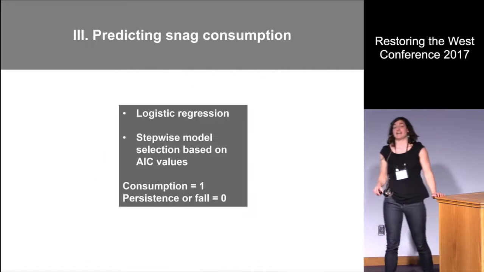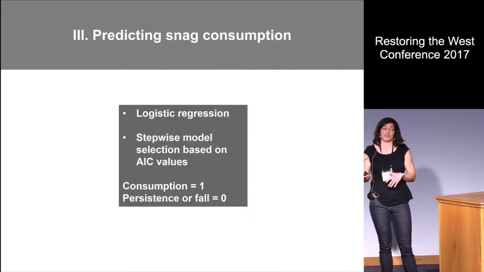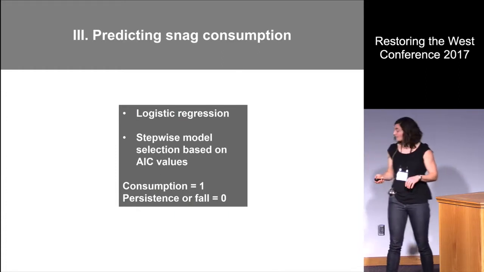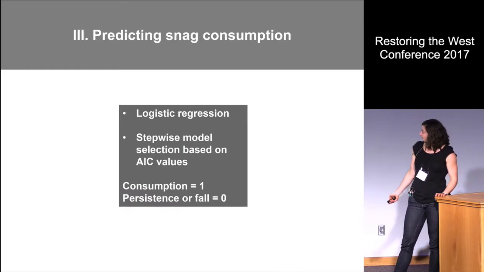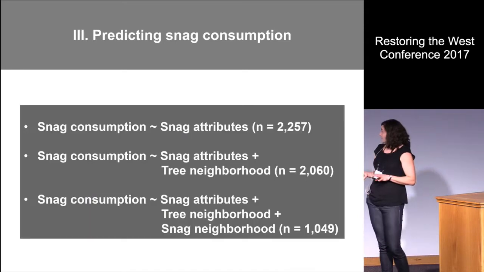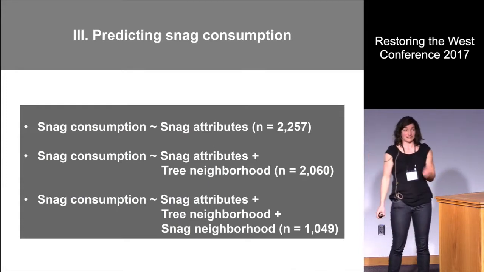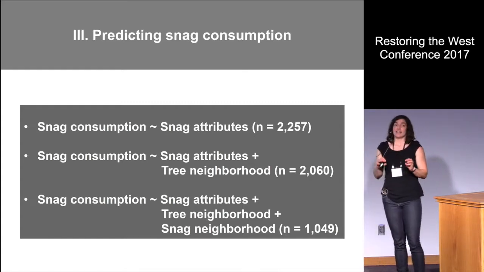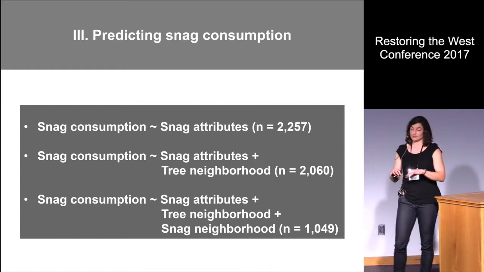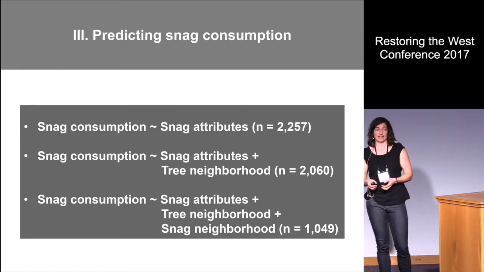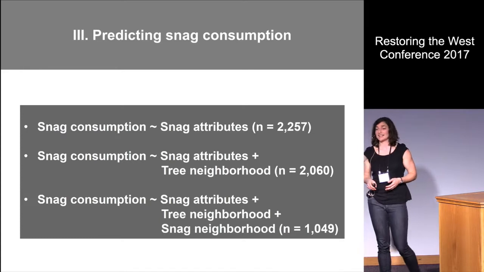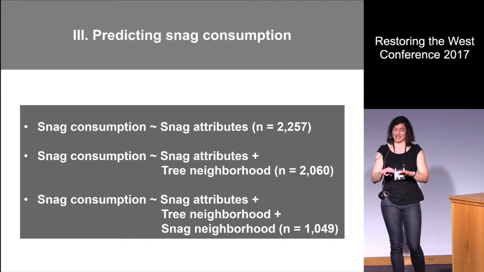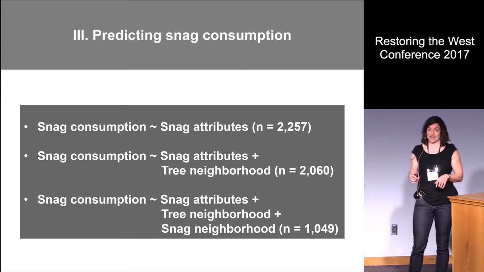Okay. Finally, I was interested in modeling whether we could use snag attributes and neighborhood metrics to predict snag consumption. And I did this using logistic regression. I developed 3 models, one based entirely on snag attributes of diameter, height, decay class, and species. A second model that included snag attributes as well as tree density within a 3-meter radius around each snag and tree mortality within a 3-meter radius. And the third model included snag attributes, the live tree neighborhood metrics, and also snag density and snag consumption within